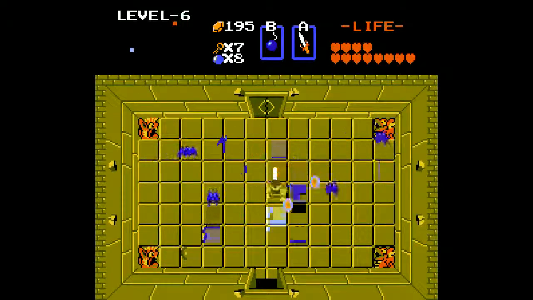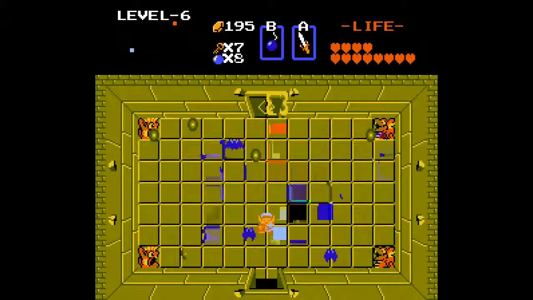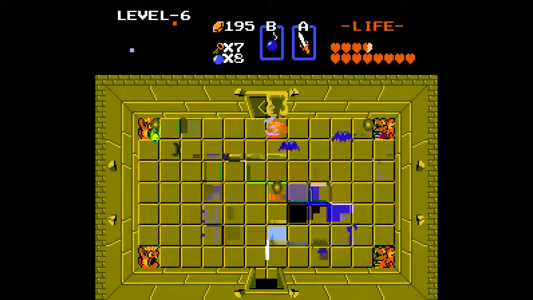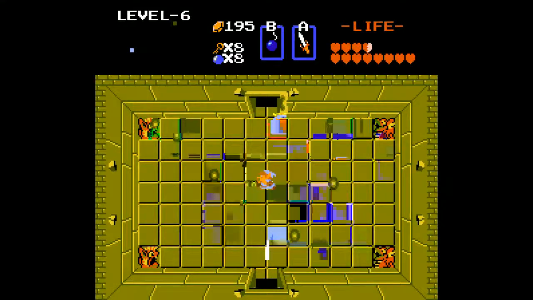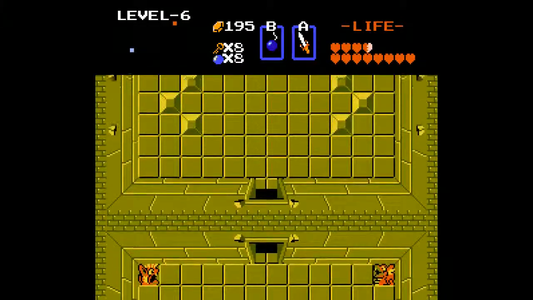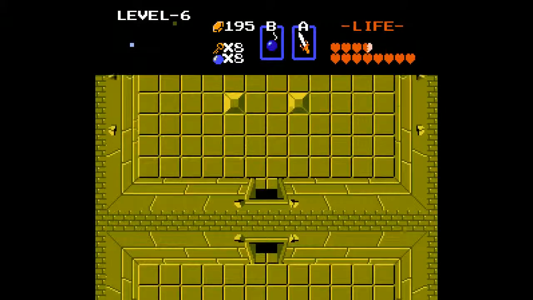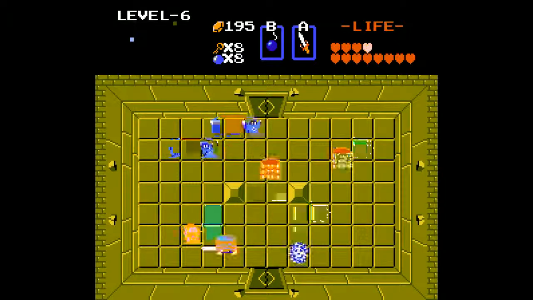Just gotta kill these. So these little fireballs, magic orbs, whatever you want to call them, coming out of the statues, if you had the shield upgrade, you could actually block them. I don't, so I can't. You just run straight through the traps in this room. So yeah, but if you had the shield up...